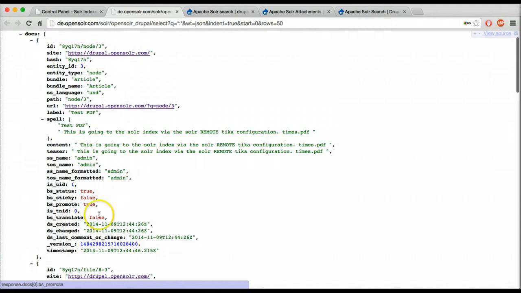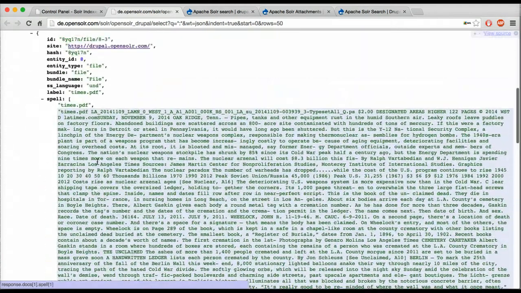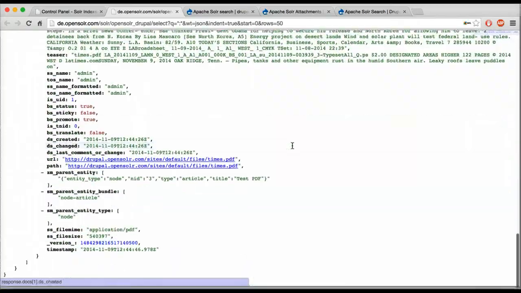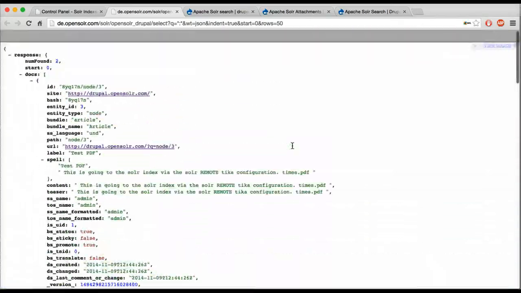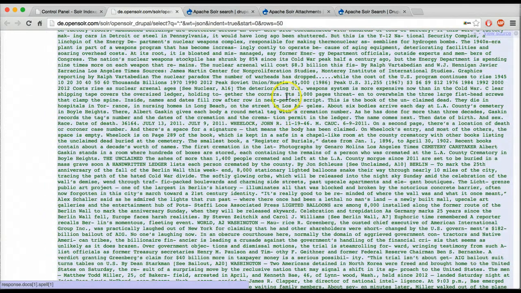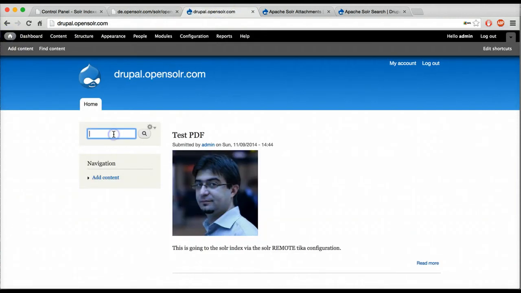We get the actual article here with a link on it, and then we have the second one, which is the PDF file, right? And we have the text all indexed, and everything seems to be in order, right? So if we grab some text from here, let's just remember some text in here. What is it? Warheads. Okay, so if we go back here and we click on the home button and we search for warheads,